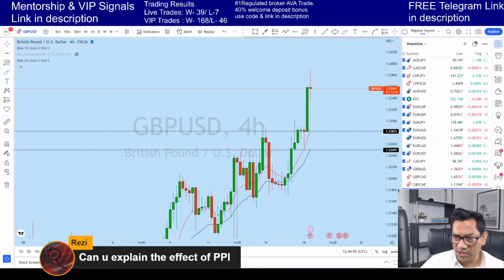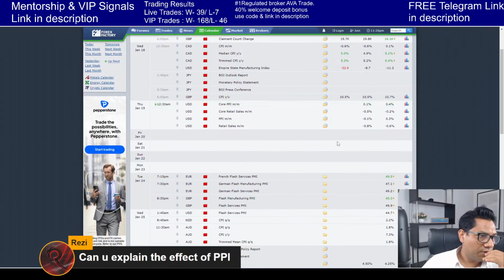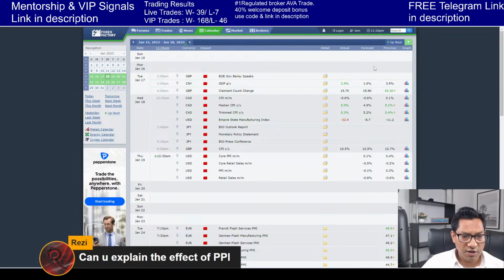There's a question: can you explain the effect of PPI? That's an important question. Let's look at it. Okay, so with any kind of news, I'll first explain the theoretical aspect, and then we'll look at how we look at this kind of news announcement from the fundamental perspective. Now, PPI, when let's say this is a forecast, so if you're a complete beginner,